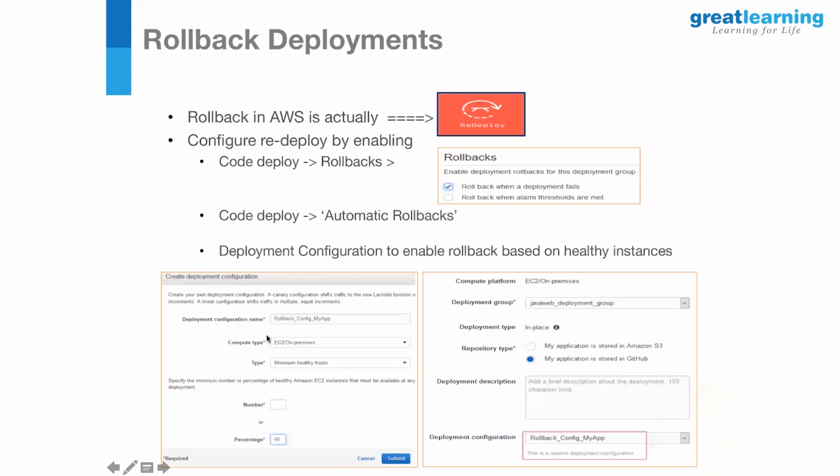And also you can create a custom deployment configuration which helps in defining rollback based on the number of healthy instances or percentage of successful deployments. This custom defined deployment configuration can be chosen while defining the CodeDeploy project or a stage.